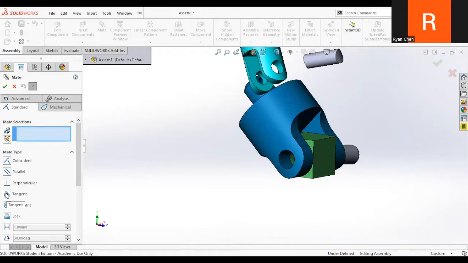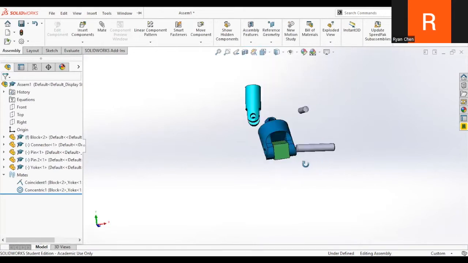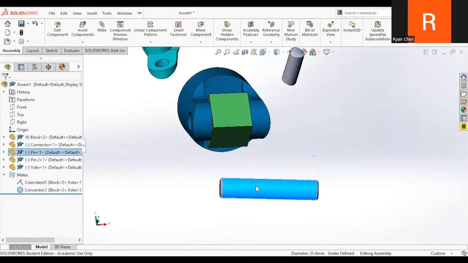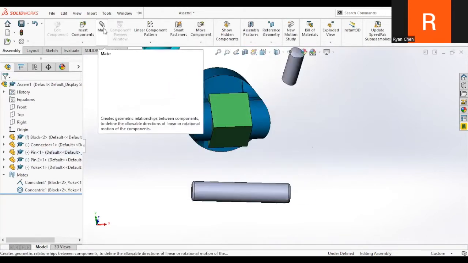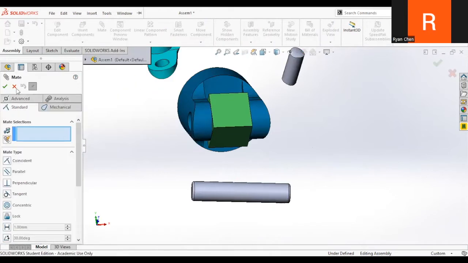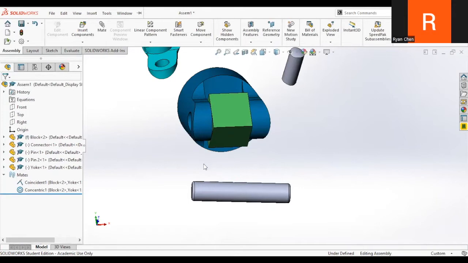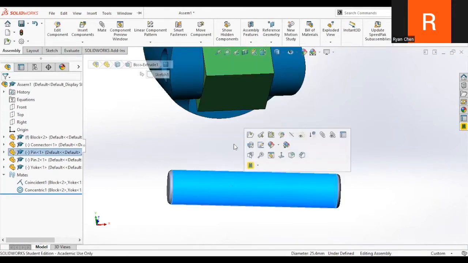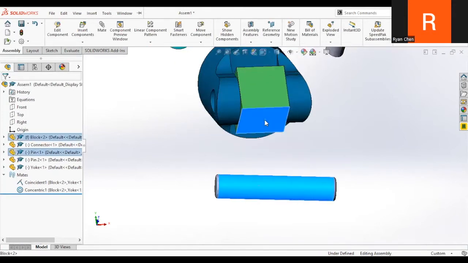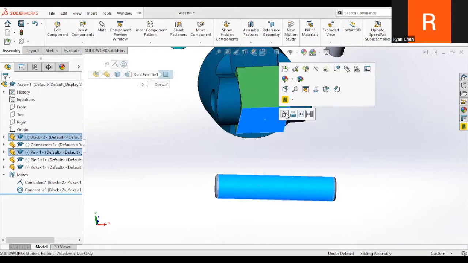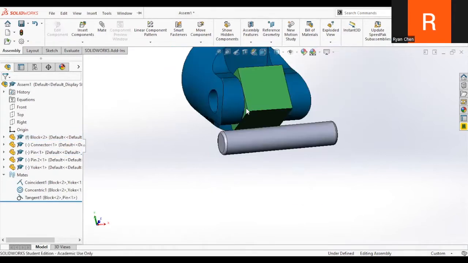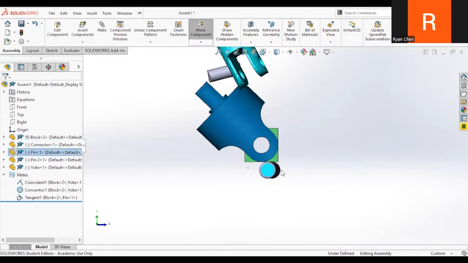Basically, you need something that's cylindrical in shape, which would be something like the shaft, and you need a basically flat face. So I'm going to use this. Instead of going to the mate tool every single time, once you get very familiar with the mates, you know exactly what you need. So I can click the cylindrical face and Control click this face. It opens up the mates that I can use. Tangent. So when I look normal to this face, no matter how I move it, it's always going to be tangent to this plane right here,